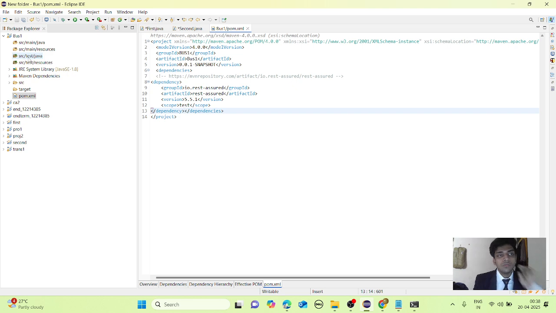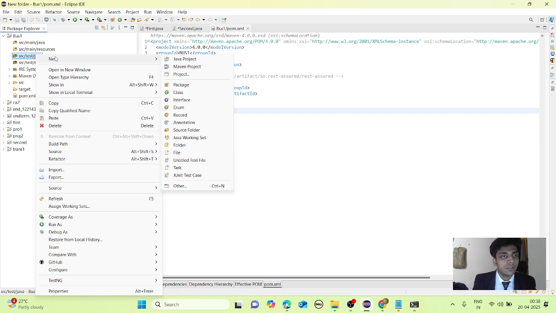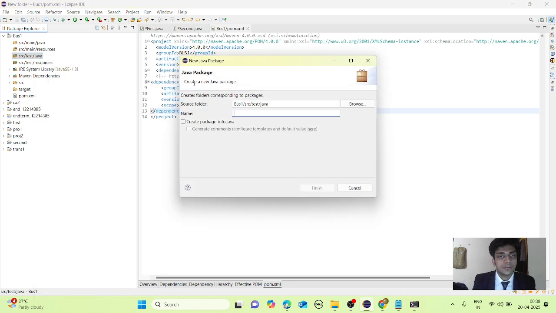Now we have to create the first package. Go to src/test/java, right click on this, click on New and click on Package. It will ask for a package name. You can give anything, like bus.